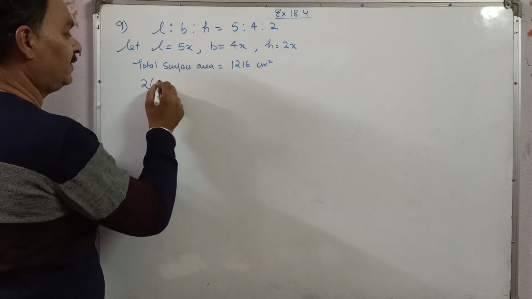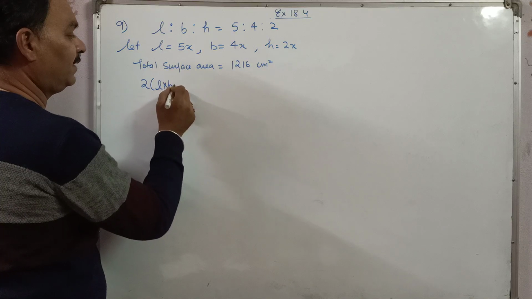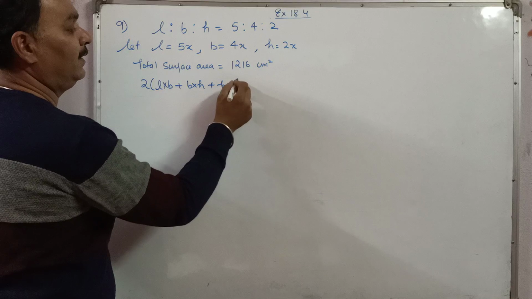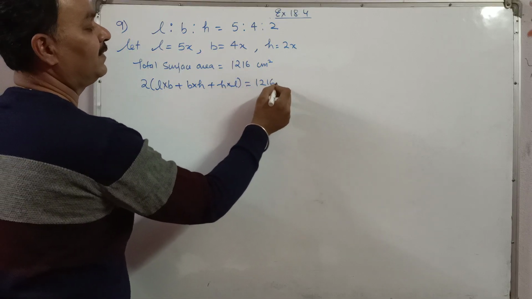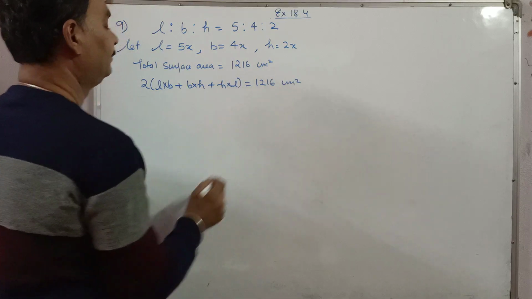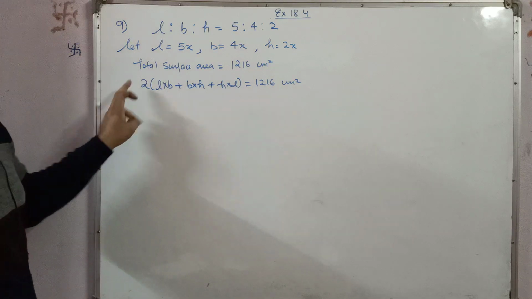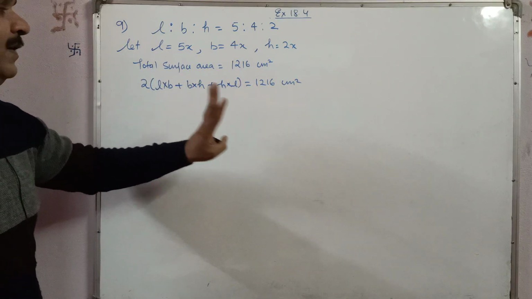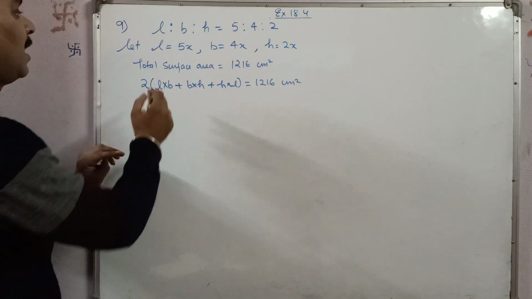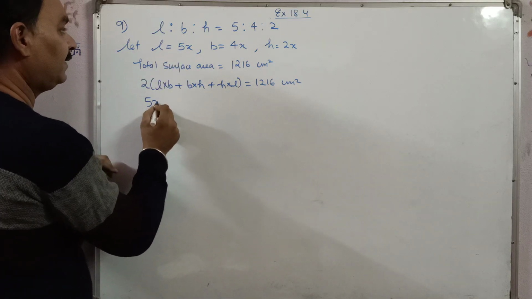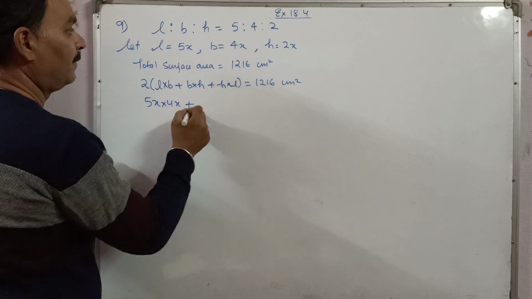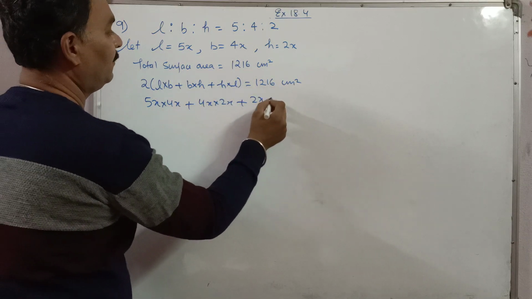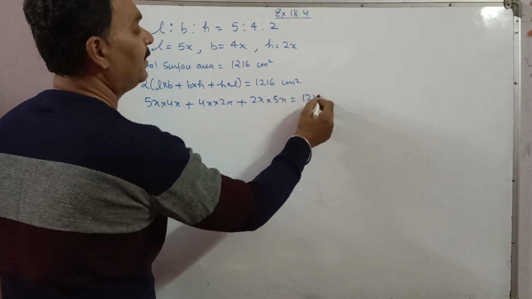We all know that the total surface area of a cuboid is 2 times (length into breadth plus breadth into height plus height into length), which is equal to 1216 centimeter square. I will transpose this 2 to the other side because 1216 is an even number and can be easily divisible by 2. On substituting over here, 5x into 4x plus 4x into 2x plus 2x into 5x is equal to